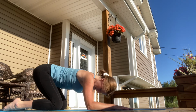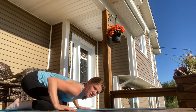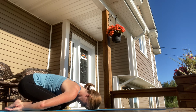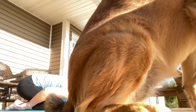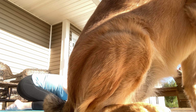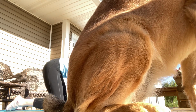So child's pose, we're sitting back on our heels. Hands can be stretched forward in this position, or they can be back here, palms facing up. And just rest your forehead and rest your body. This is meant to be a restorative posture. And take some breaths here. I prefer arms ahead myself. And after you've taken a breath or two or whatever you need, come back into